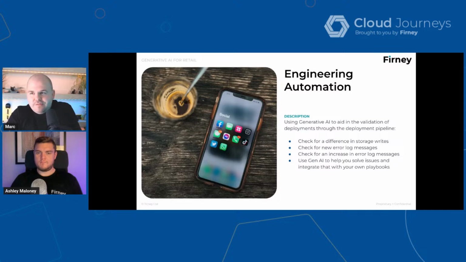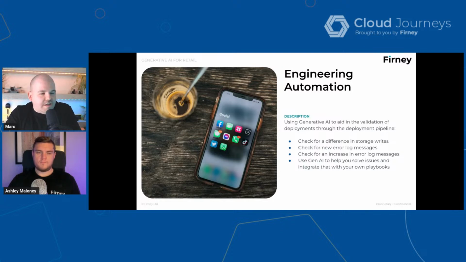This is maybe a combination of generative AI and traditional AI. When they're building these solutions, there's a huge amount of logs that get generated every day, and maybe even error messages as well. It's understanding which errors are okay, something we can deal with, a lesser priority, and which errors we need to respond to right now. Are there new error log messages? Is there an increase in error log messages, which means there's something extra we need to respond to? Now, going through all that information takes time, but you can actually use AI to help